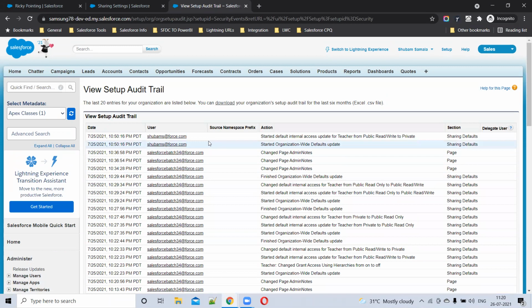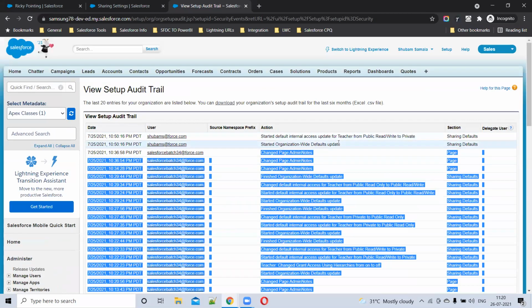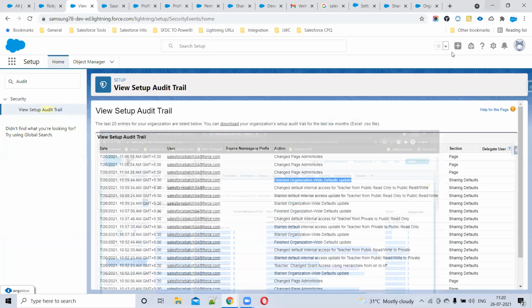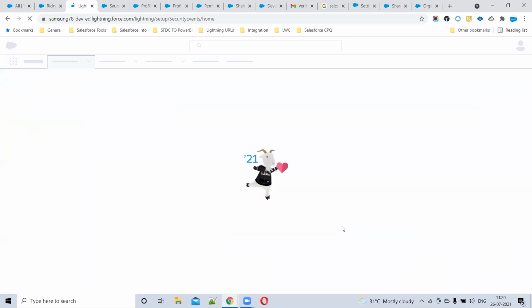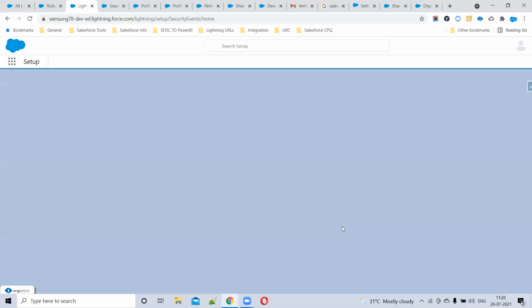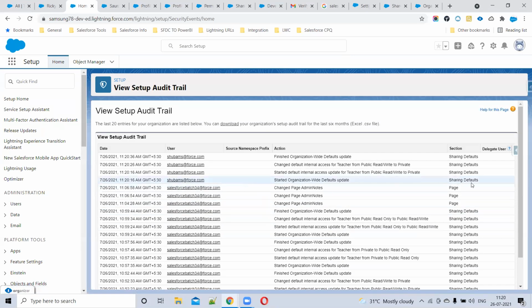Yes, madam, everyone can see others' complete information. See, Shubham also did something here. Correct? In Shubham, you are checking the audit trail. Even if Shubham is getting it, then automatically admin will also get everything. So all the users can see their audit trail information.